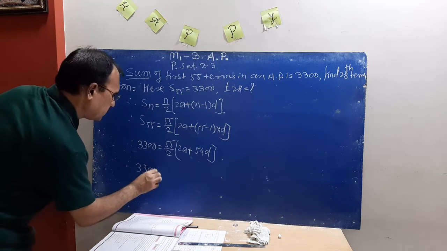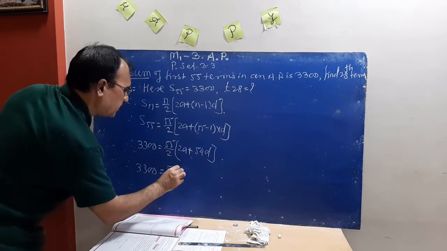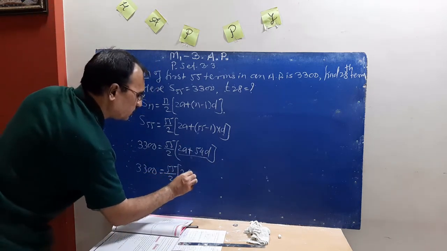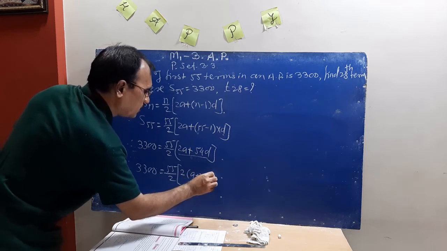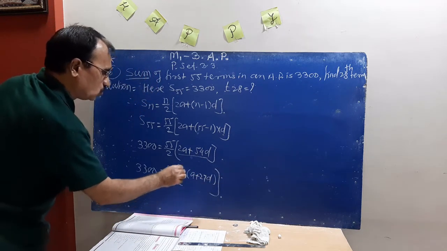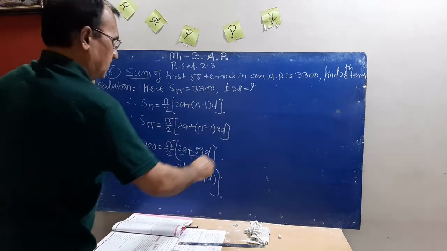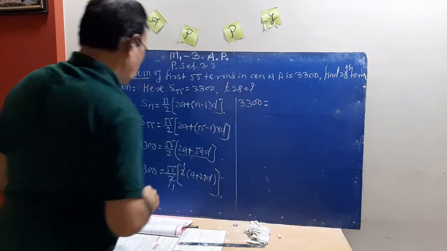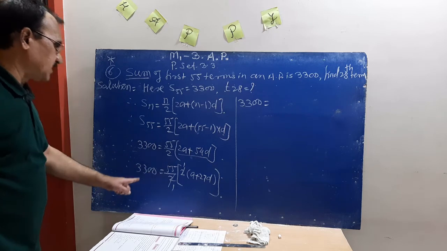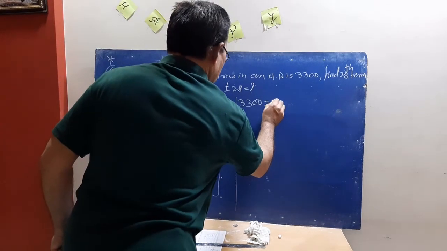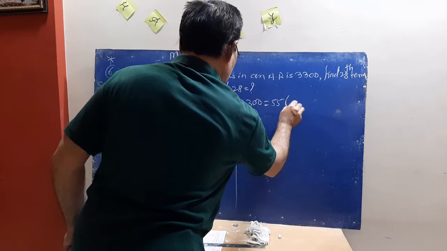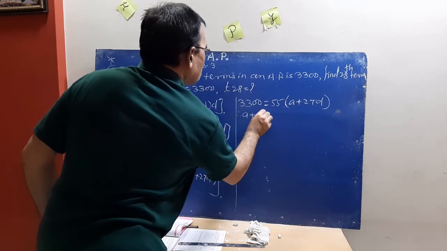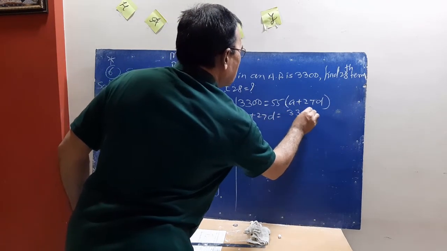Therefore 3300 is equal to 55 divided by 2 in bracket. Here we can take 2 common: 2 in bracket a plus 27d. Here 2 gets cancelled, 2 1s are 2, and therefore 3300 is equal to 55 in bracket a plus 27d, and therefore a plus 27d is equal to 3300 divided